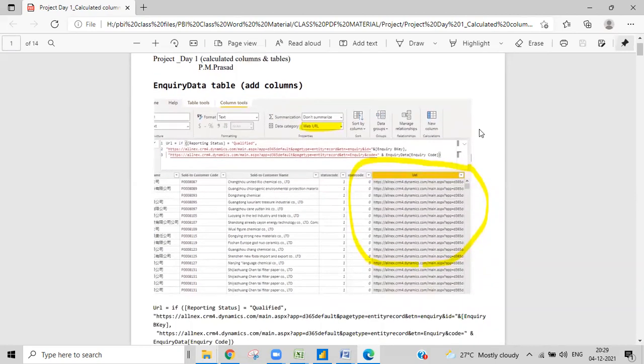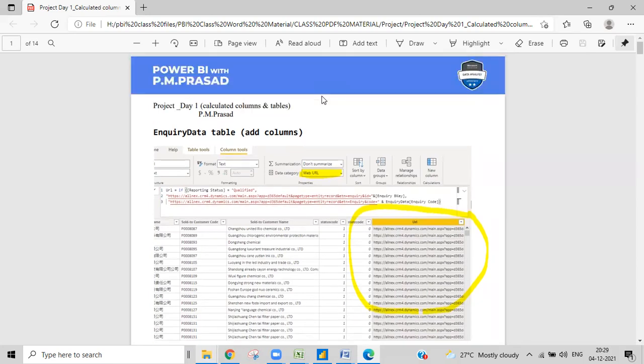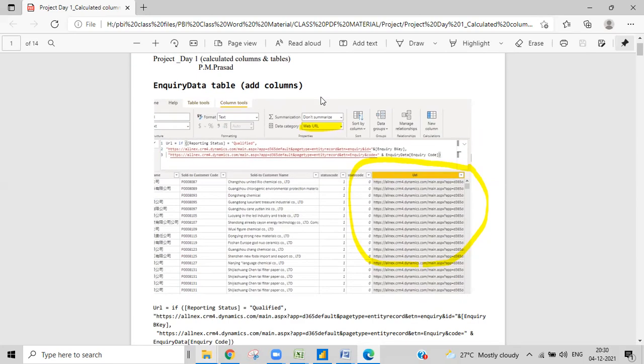I'm busy with my people and with the support work I do in Power BI, so I'm not able to do this kind of thing in recent times. But when I get some free time, I'll post these kinds of things, and you can go ahead and check a lot of things.